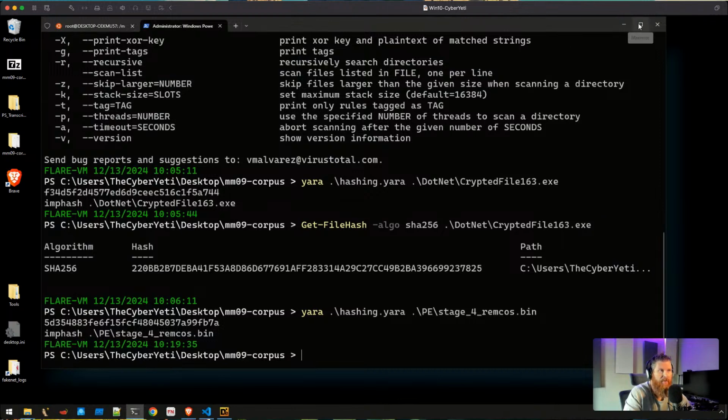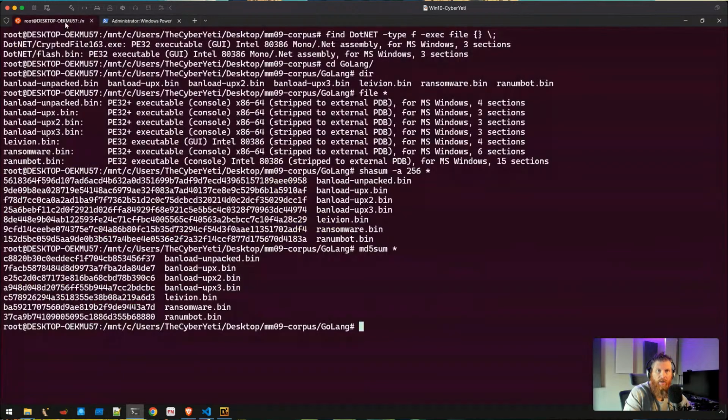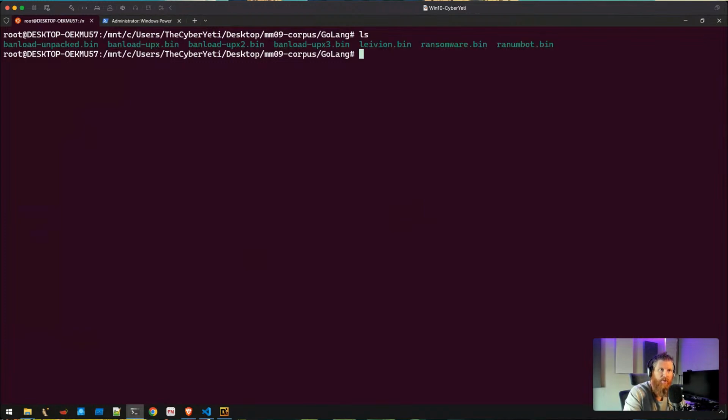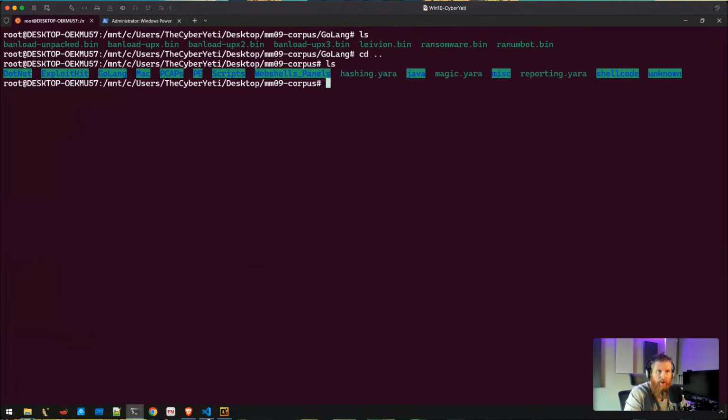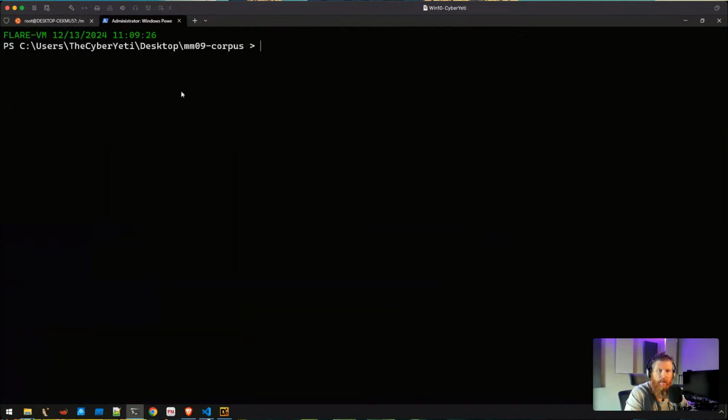Now, I have a couple of terminals open here. I'm in the Flare VM. I installed the Linux subsystem for Windows so that I could use the file utility in a bash environment. The main reason I did that was just because it makes it a little bit easier to do some of the recursive searching that I'd like to perform with file. Here's a PowerShell terminal, and you can see I'm just going to have these two tabs open to bounce back and forth between the two.